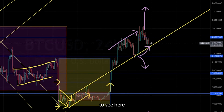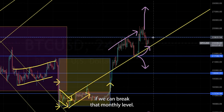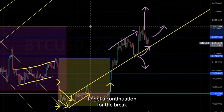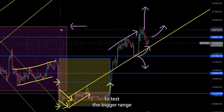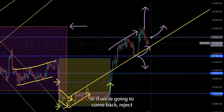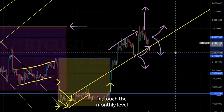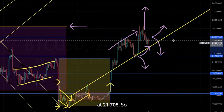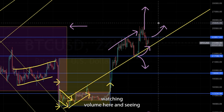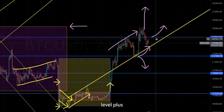Next, what we want to see here ideally is again a retest to see if we can break that monthly level. That monthly level is going to be the very key level to see if we're going to get continuation for the break to test the bigger range that we've been playing within, or if we're going to come back, reject, and come back to break this trend line to come back and touch the monthly level at 21,708. So ideally watching volume here and seeing if we can get accumulation to hold over the monthly level plus